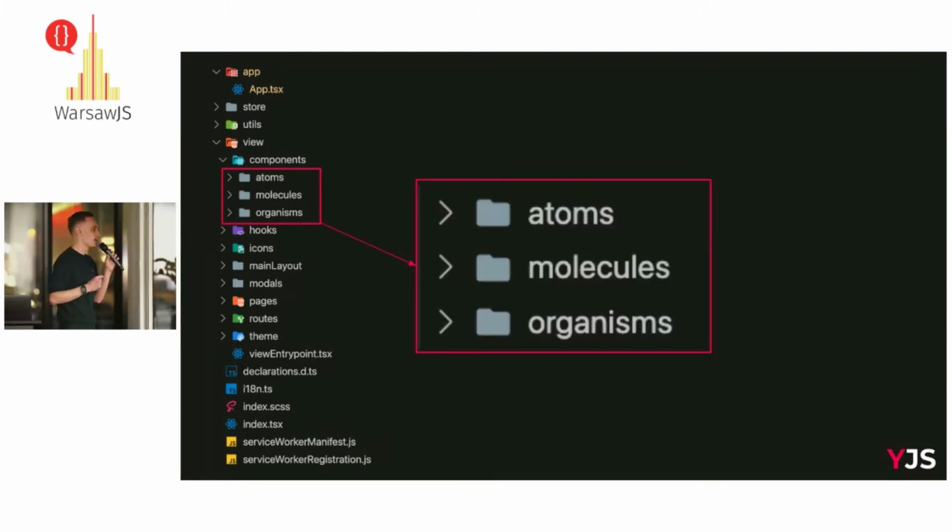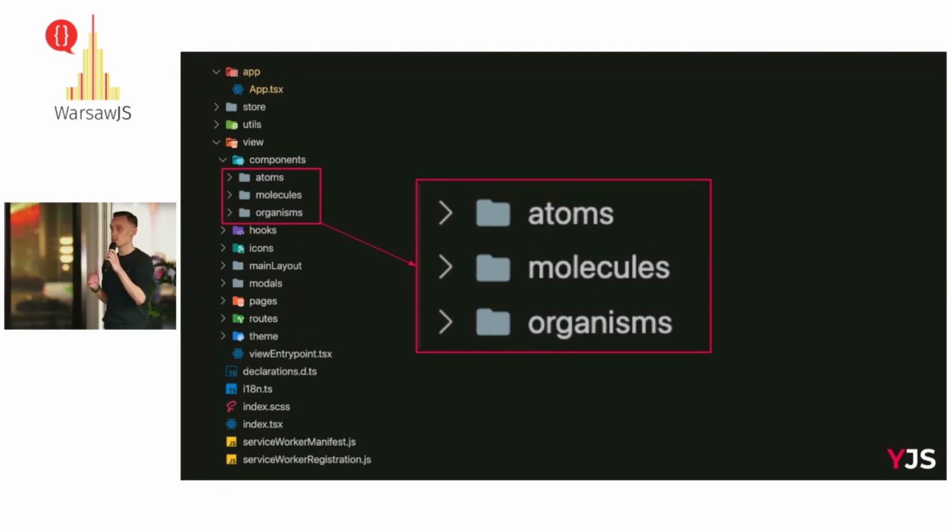Once I tried it, I always use the atomic design concept for component structure. There are 3 types of components. An atom is the smallest one, like a button or title. Molecules consist of atoms and implement business logic, but can't affect the global state. And an organism is a combination of atoms and molecules that can affect the global store, but remains independent. An example of an organism is a shopping cart. An example of a molecule is a product item in a shopping cart.